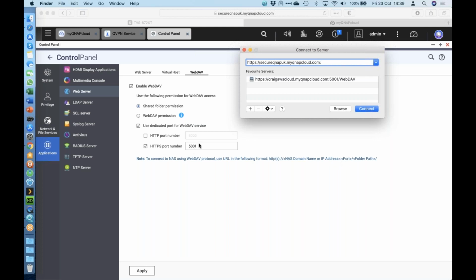So here it's saying port. I look at the port that's there, so I would type 5001, and then it wants the folder path. So there's a default folder on the QNAP called public. So if I was to use that as an example, I would type public. Now, when I click connect, it's going to ask me for authentication details. This isn't going to work because I have not forwarded port 5001,